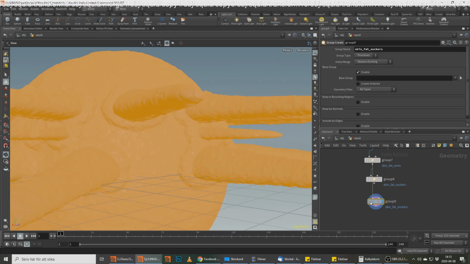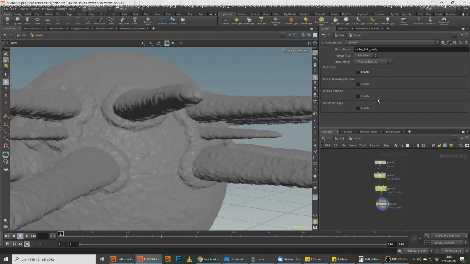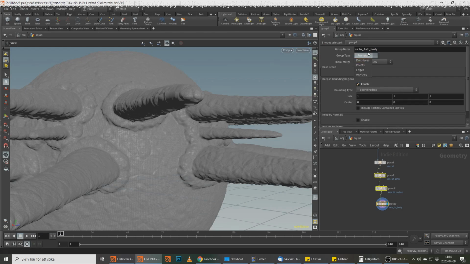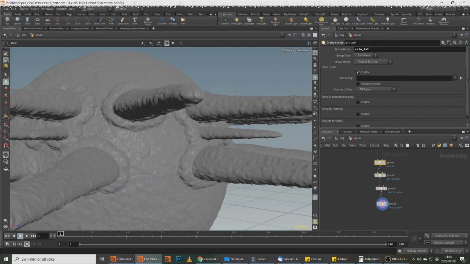We're gonna have another group called body. And what we're gonna do for all of these is just keep it in bounding regions, run it over points. This one could, however, we could run that over points as well. Although it should be primitives in this case. No, let's keep it at primitives. So the skin fat arms,